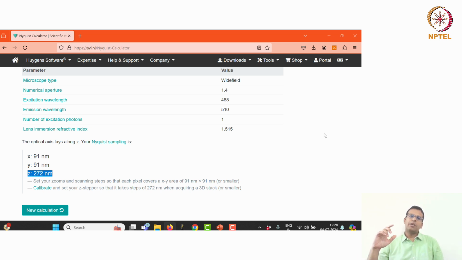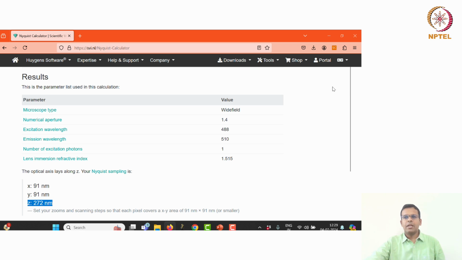So suppose you are imaging a 5 micrometer large cell, then the microscope will automatically determine the number of sections with this Z step size. This is how you should check the Z step size using this Nyquist calculator before putting that value into the microscope.